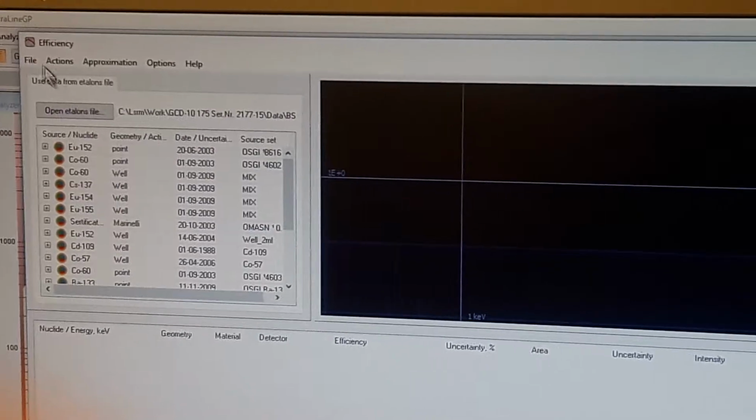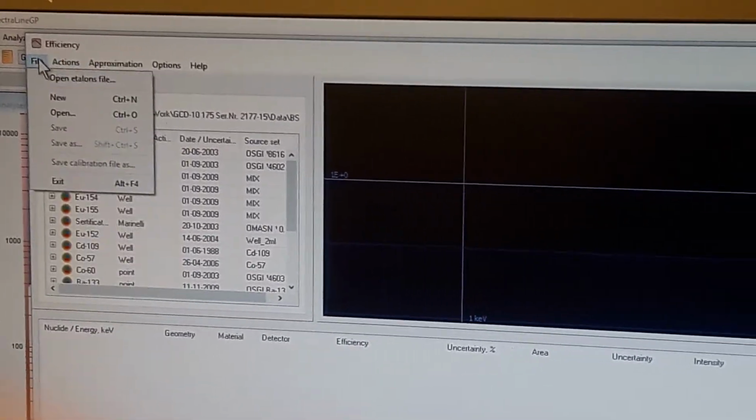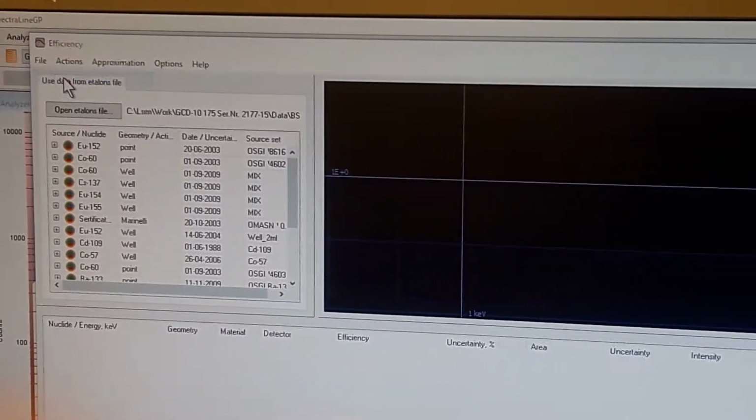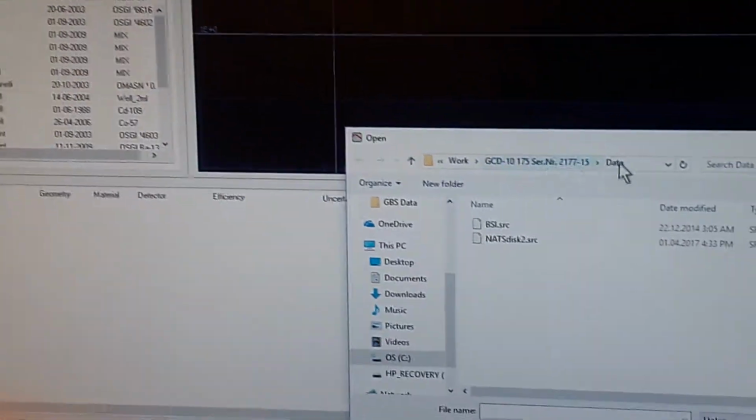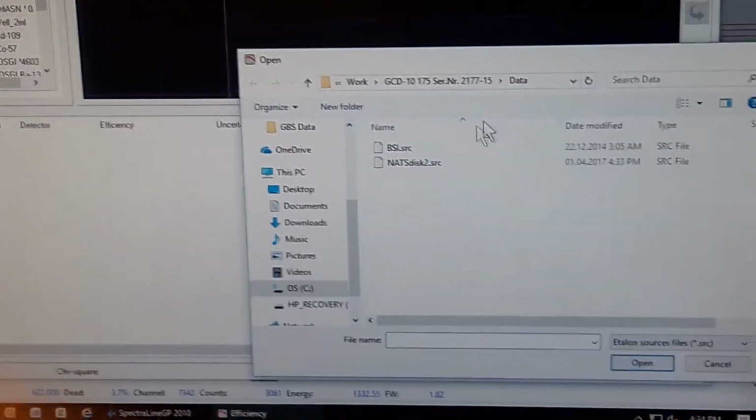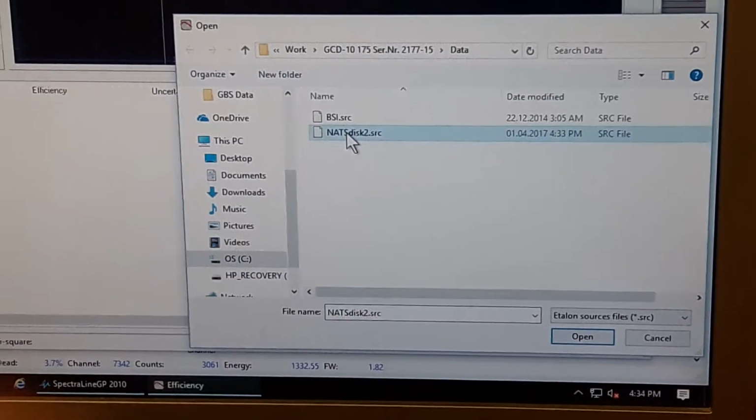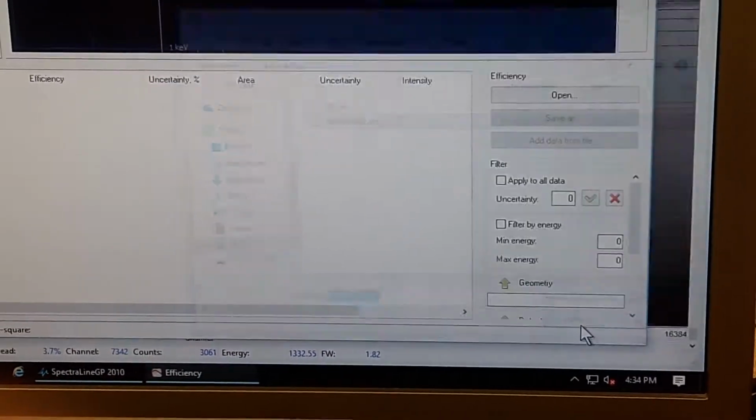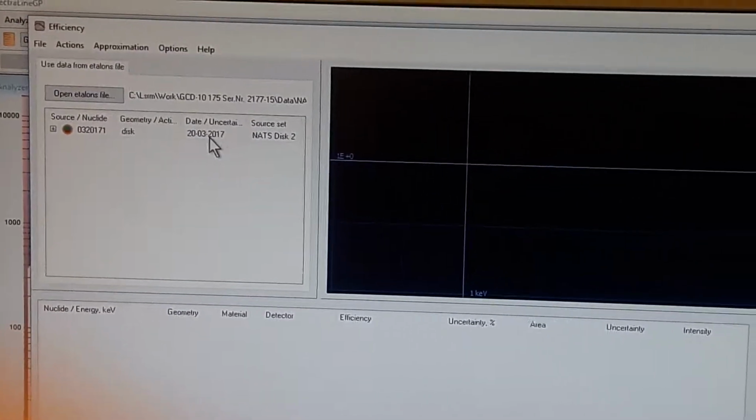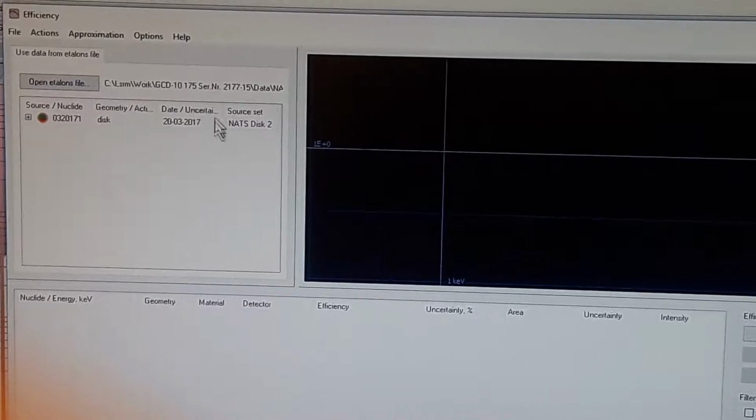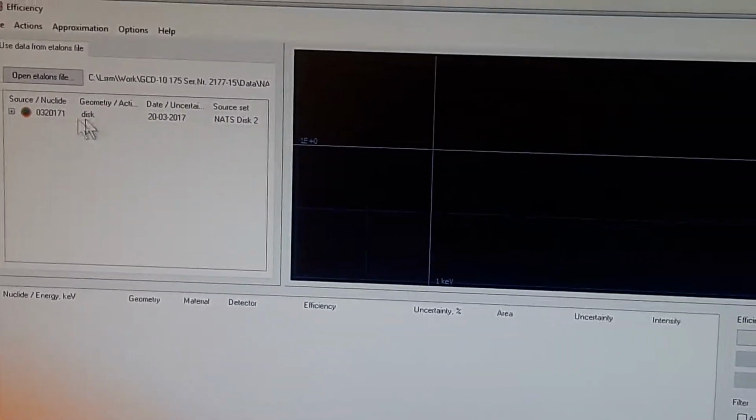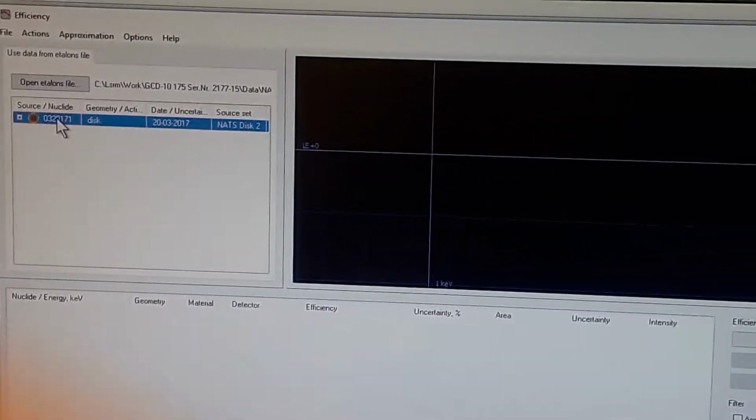You will go in here and you will go to open Etalon files, and hopefully if you go back to the same directory where you saved the file that you just created, which is the NAS disk 2, you will open it, and now it will show up that file in here, which is the 0320-171 disk source, which was measured on March 20th. And if I click on it twice,